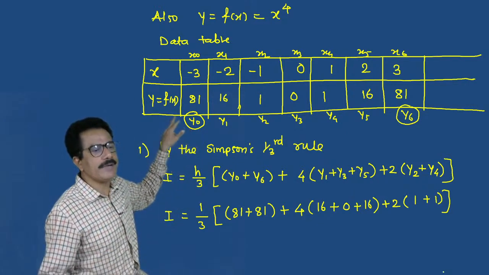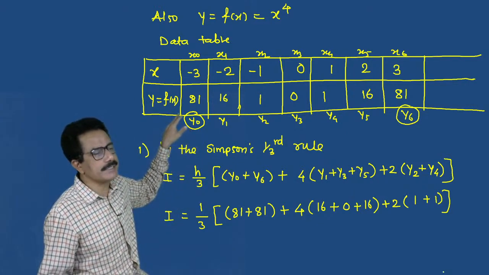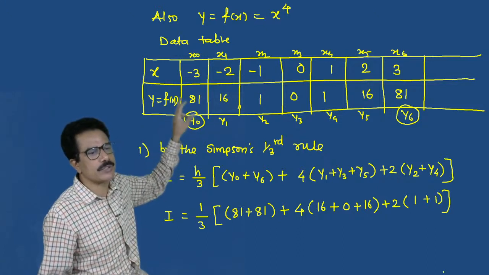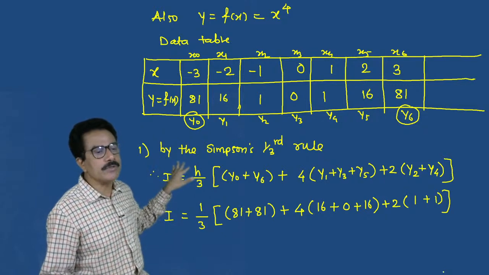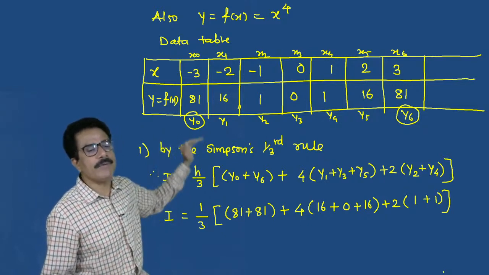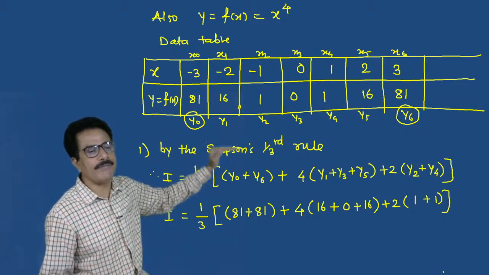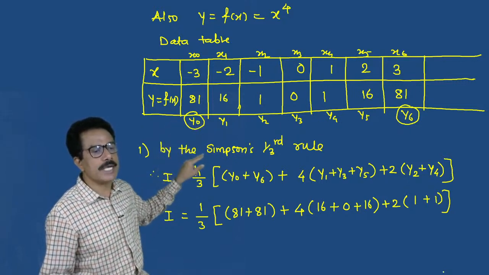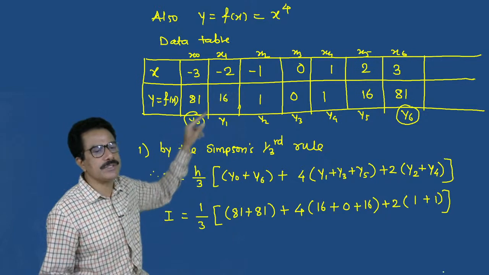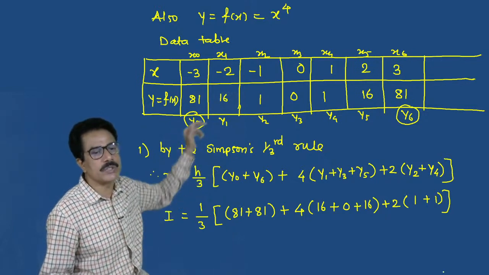So we can write the equidistant values of x: -3, -2, -1, 0, 1, 2, 3. Then corresponding values of y, y0, y1, y2, y3, y4, y5, y6. -3 चा 4th 81, -2 चा 16, -1 चा 1, 0 चा 0, 1 चा 1, 2 चा 16, 3